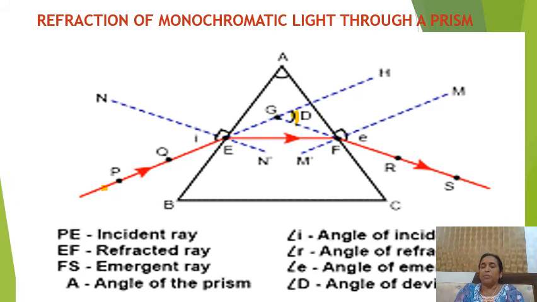In this, another important thing that you have to remember is that angle I, that is the angle of incidence, is always equal to angle of emergence, that is angle E. Students, isn't it interesting to note that this light has not dispersed even though it has refracted? Why hasn't it dispersed? Because it is a monochromatic light, a light that is made up of a single frequency, a single wavelength. So let us have a quick